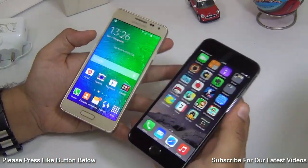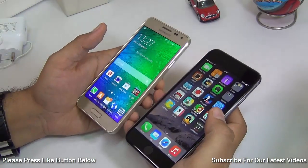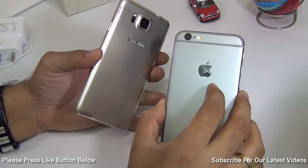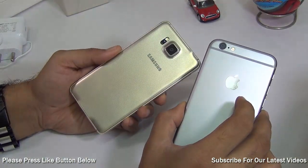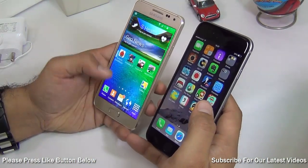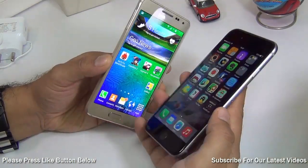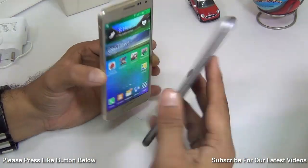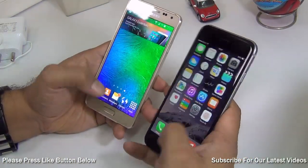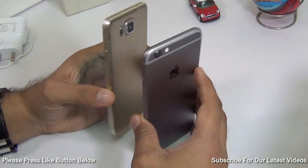Summing up my comparison between the iPhone 6 and the Samsung Galaxy Alpha, I would consider it a tie because the iPhone 6 brings you some advantages, but it is also priced higher compared to the Samsung Galaxy Alpha. Whereas the Samsung Galaxy Alpha, on the other hand, is slightly behind in some features like the camera clarity on the front camera and the loudness of the speaker and the kind of user experience that it is able to deliver on iPhone. But still, I would say they are very good in their respective departments, and I would ask